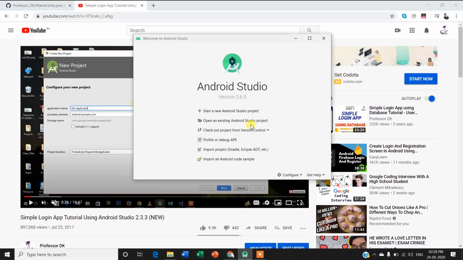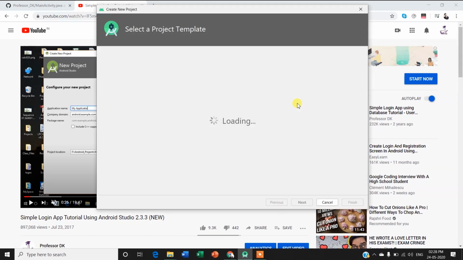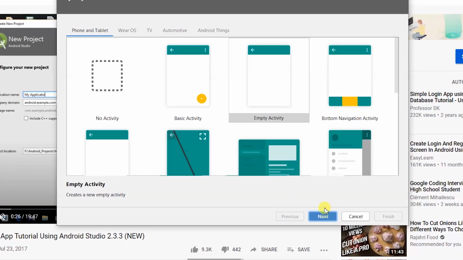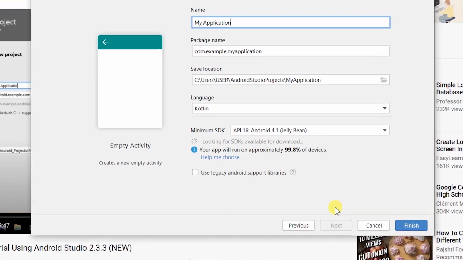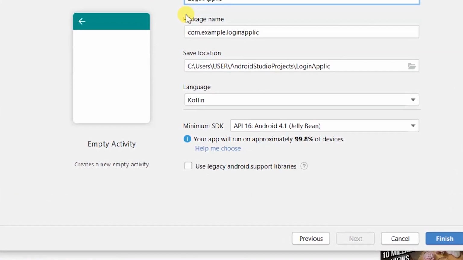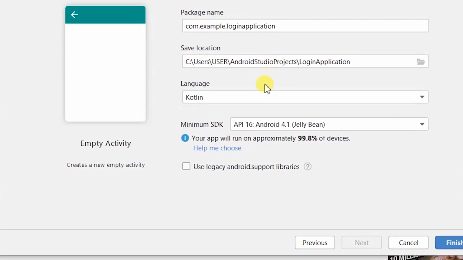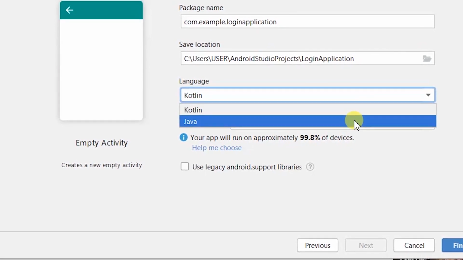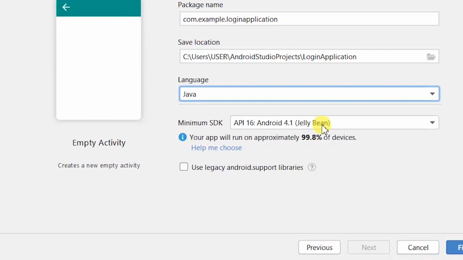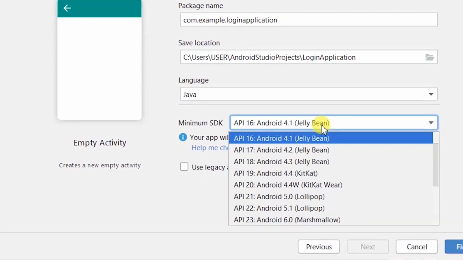Okay, so the first thing that you're going to do is create your new Android Studio project, and we'll be choosing the empty activity, and you can name it whatever you want, but I'm just going to call it the login application, and I will be using Java as the language,